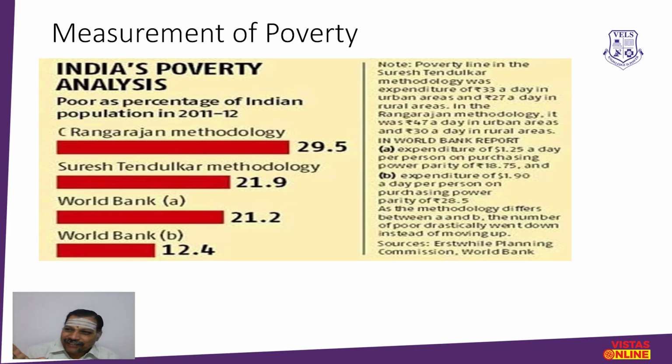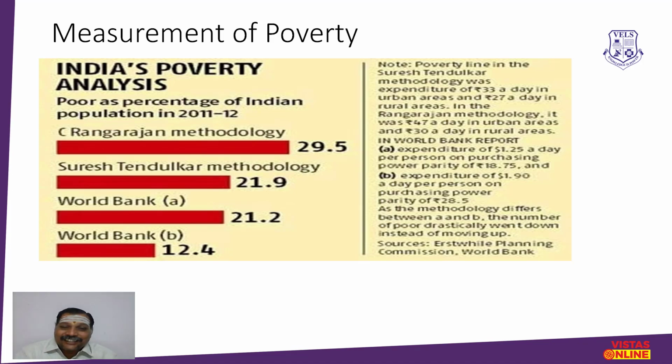This was expressed in the last census. And one more study which gives appropriate and scientific information about poverty is the Tendulkar methodology. What he inferred was that the poverty line was nearly rupees 33 per day for urban areas, and those having rupees 27 in rural areas are considered to be above poverty.